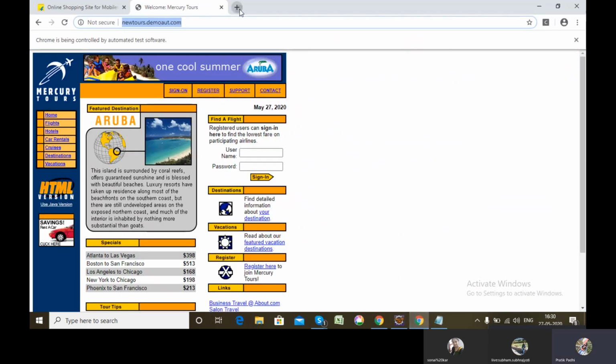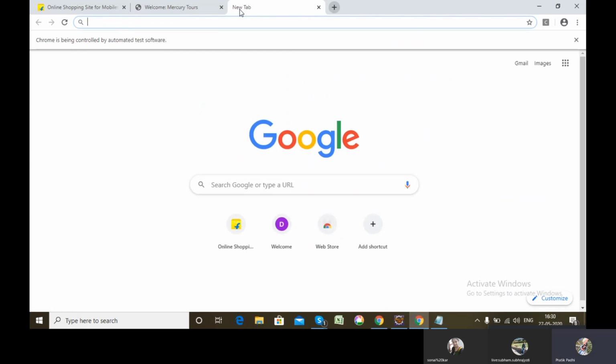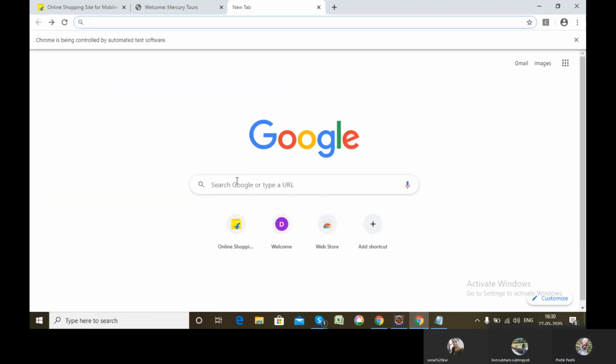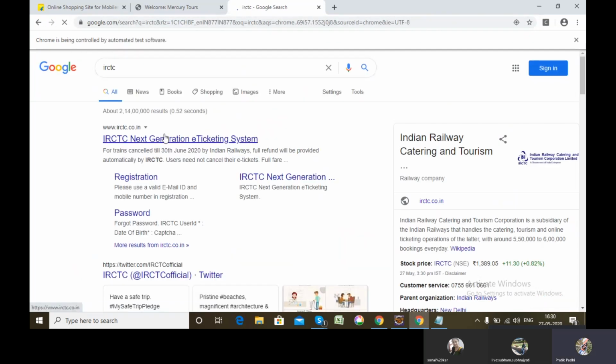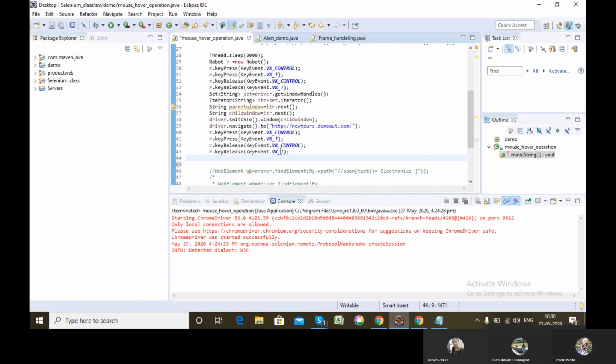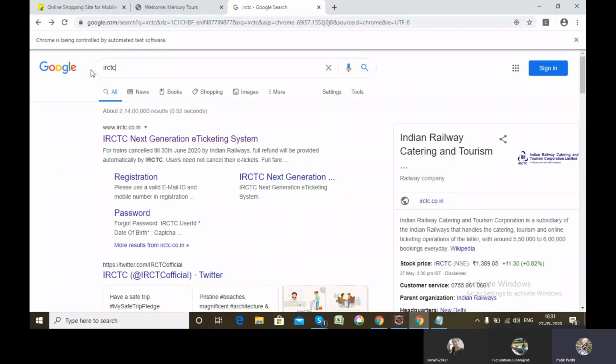Now say for example, I want to open a new site, this site, or any other site like Make My Trip, any site you want to open.